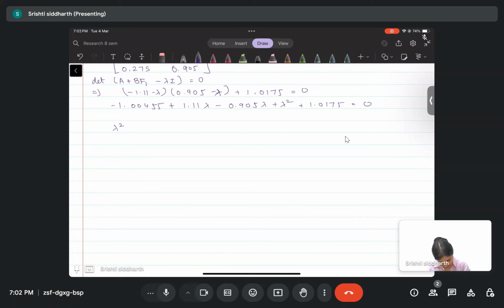and we have plus 0.205 lambda, and then the constant is 1.0175 and then 0.004. This is plus 0.10129. Alright, so the roots are going to be